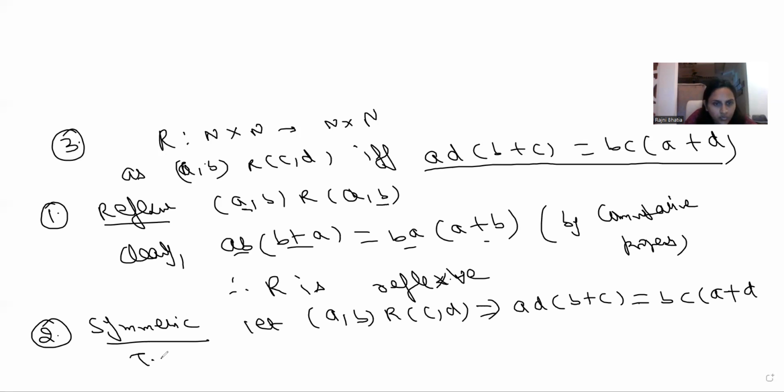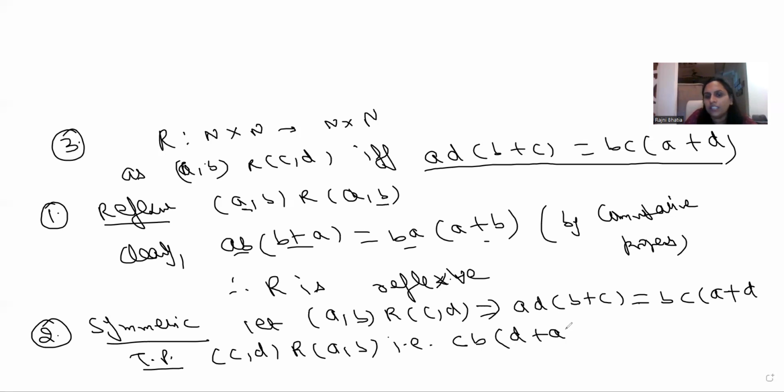So what do we need to prove? We need to prove that CD is related to AB. Let's make a pattern. That is, we need to prove product of the first and the last term into sum of the middle two term, D plus A, is equal to DA into C plus B. This we need to prove, which is by default true by the given statement,